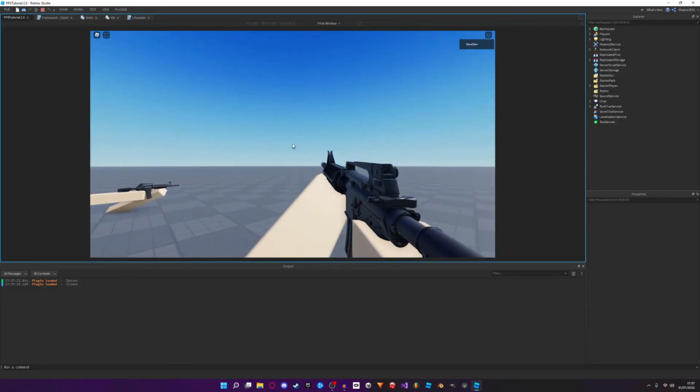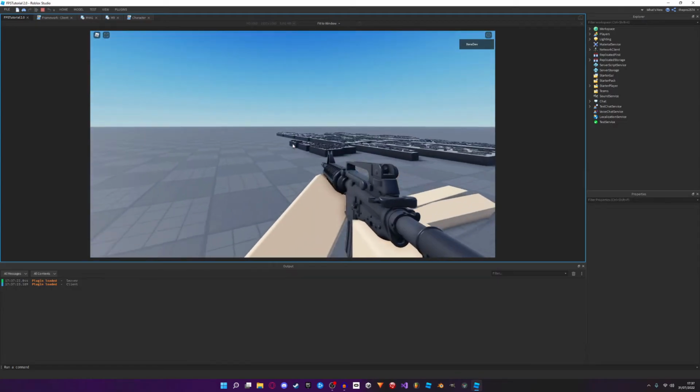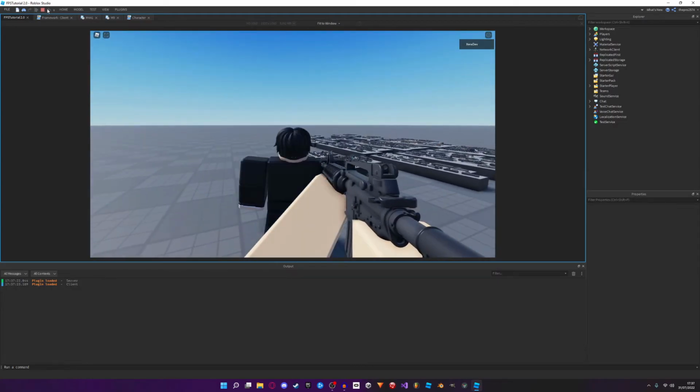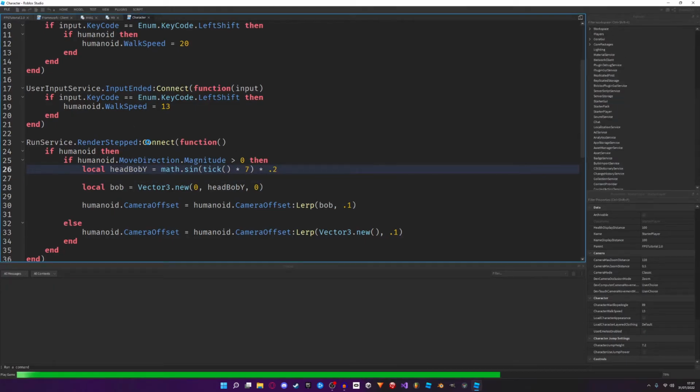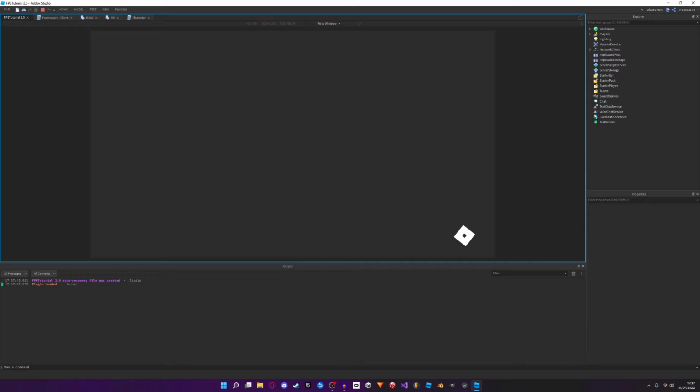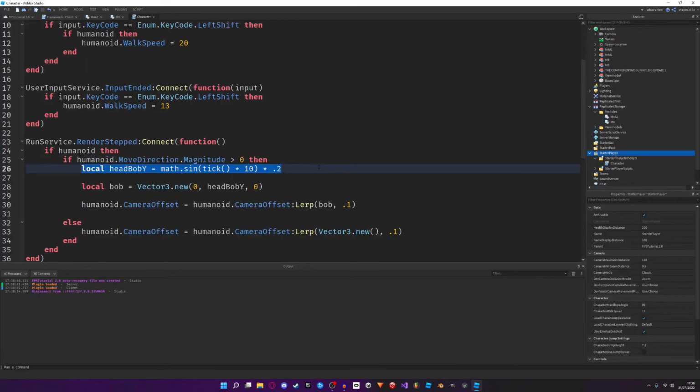And it smoothly moves. Now it's a bit too much, I will say that. So we'll change this to like 7 and this to like 2. We'll try that. Just play around with the values until you get something you like. We'll copy this,